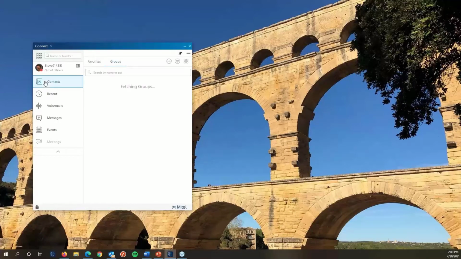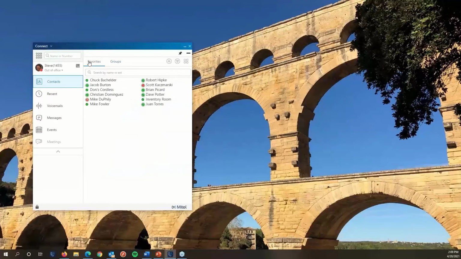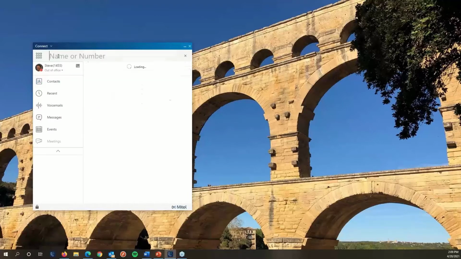All right, moving down, the next thing we have is the contacts. Contacts are very handy. This is similar to having buttons on your phone that show when someone's on the phone or off the phone. In this case, let me go to my favorites first, because that's what you start out with if you don't have any groups. So favorites are all of the contacts that I have designated as a favorite by going up to the quick dialer again. And if I search for someone up here,